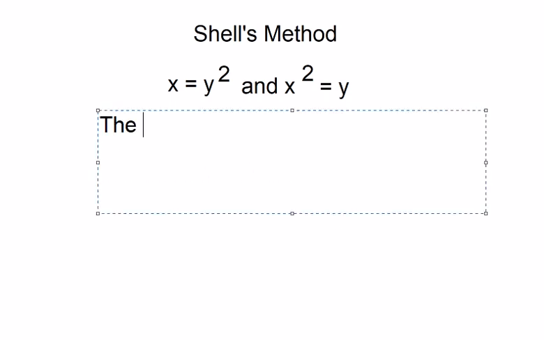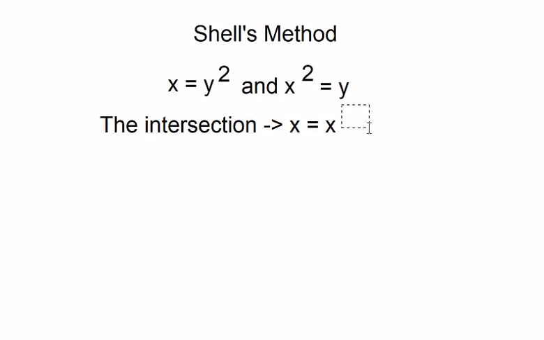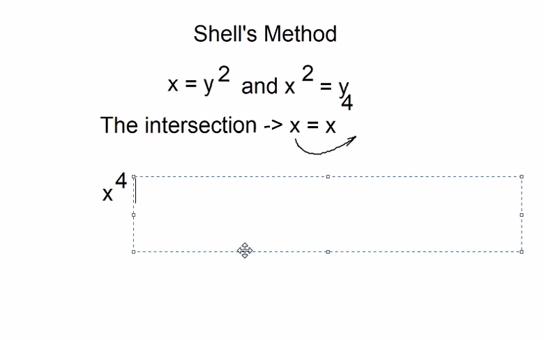We need to find the intersection between this one and this one. So we have x squared equal to y, and we put this one in here, and you get x equal to x to the power of 4. So we move this one to the right, and you get x to the power of 4 minus x equal to 0,